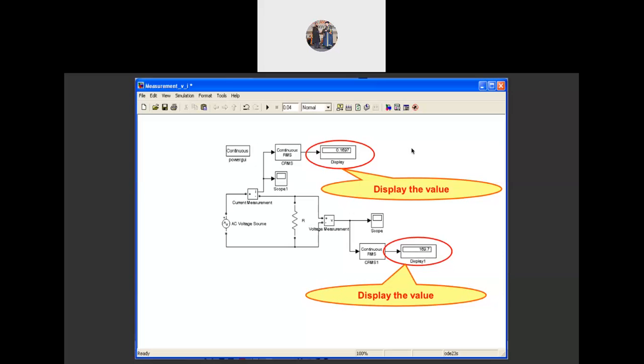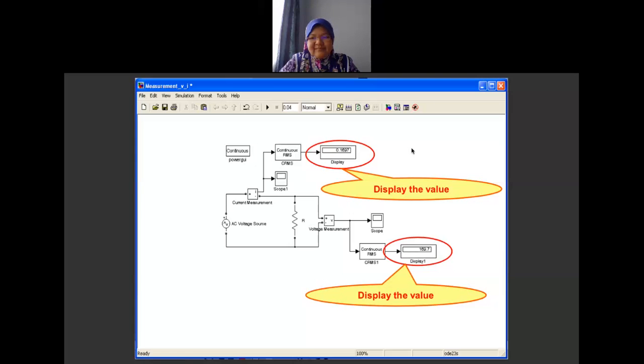I hope this can make you clear on how to use MATLAB Simulink. Okay, we just continue. Dr. Rahimi, some more questions. Missing SimPowerSystems in the library. How to get the SimPowerSystems and update the library?